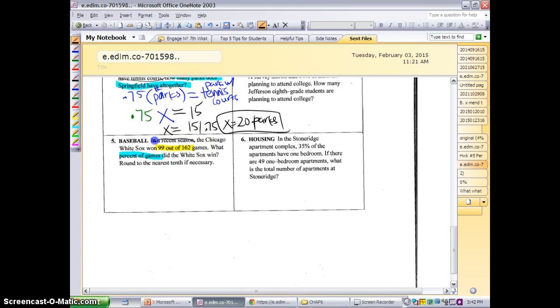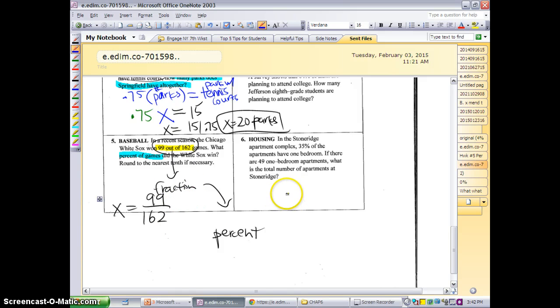Because it is out of, which means a fraction, I'm going to simply write a fraction. So x is going to equal a fraction. The fraction is going to be 99 over 162. If I can just change this fraction into a percent, then I'm good to go, and that's going to give me the answer to the percent. So I'm going to change it to a percent. If I wrote it as a proportion, then I would write 99 over 162 is equal to x over 100, and I would just have to find what x is so that I can find the percent. The same thing here, if I use my calculator and divide those two numbers,